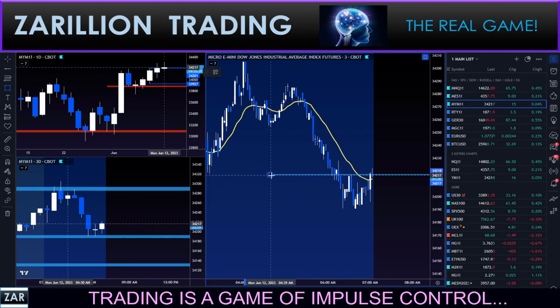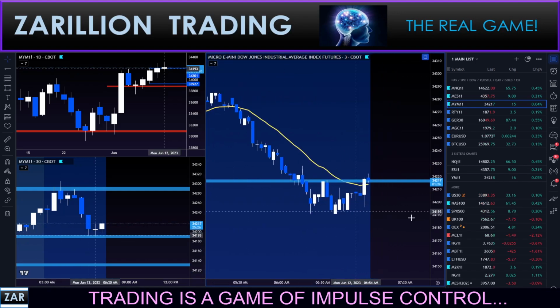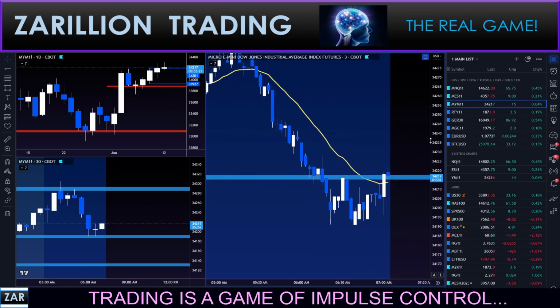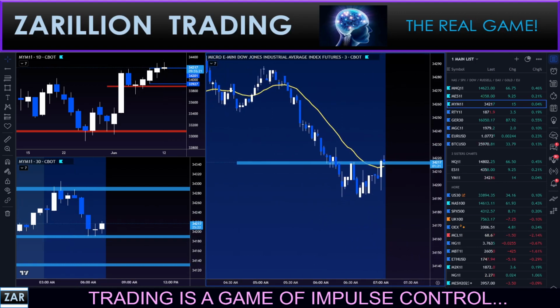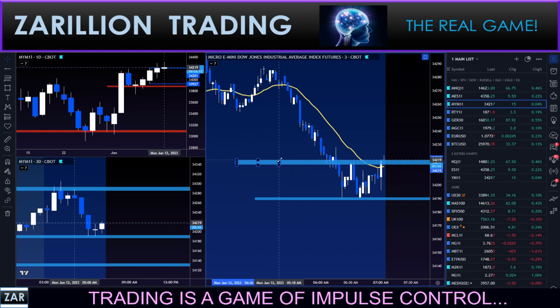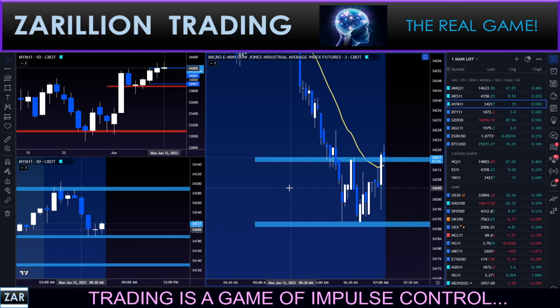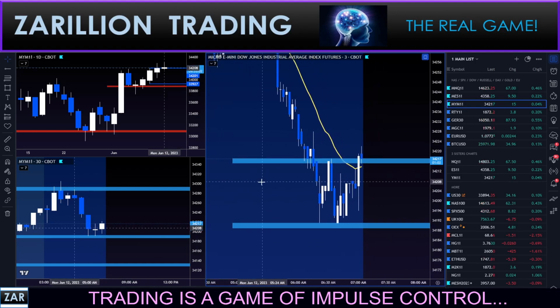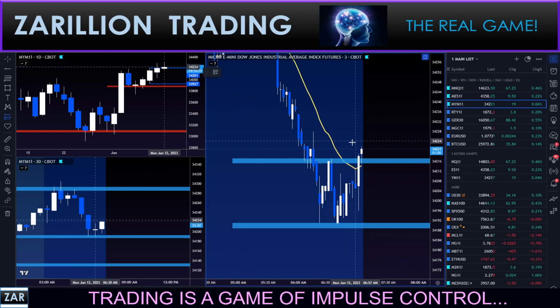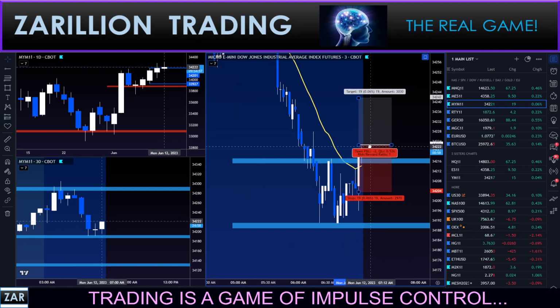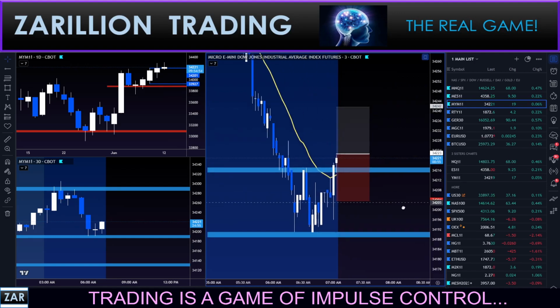And watching here now. See this little structure area? It's the quiet time of the session, so I need to be careful. Looking for a potential long here, guys. Watching closely. I'll explain exactly what I'm doing before I do it. Here we go. Buy stop right above this candle right now. A live buy stop order right now.